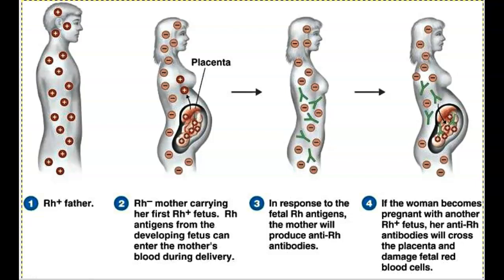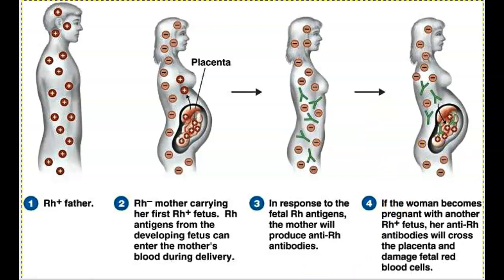So now the mother will be exposed to the positive blood. So her negative blood exposed to the positive blood. And then her body will begin to produce anti-Rh antibodies. And then if she becomes pregnant again, and her child is Rh positive, then the anti-Rh antibodies